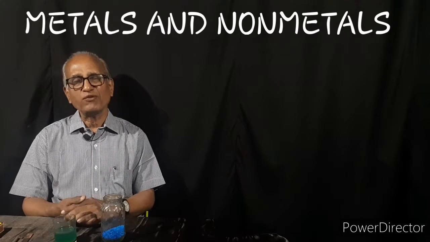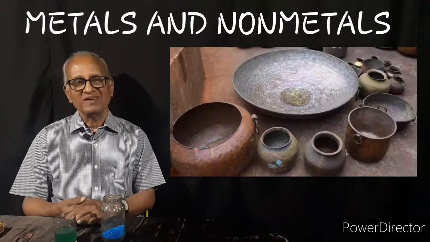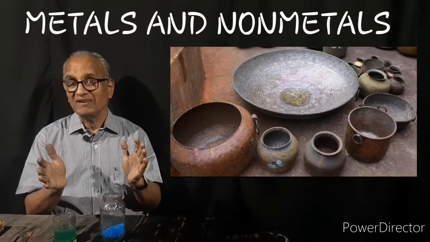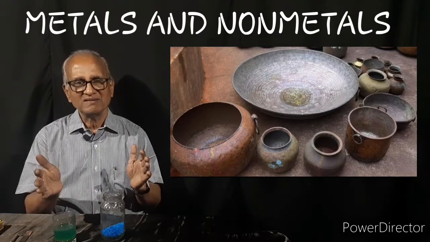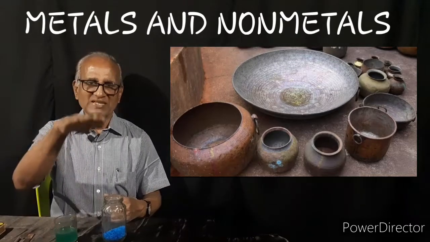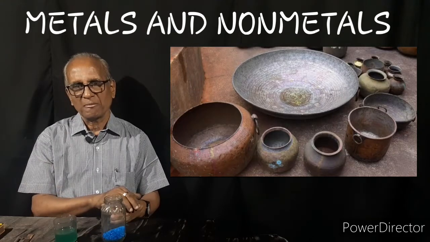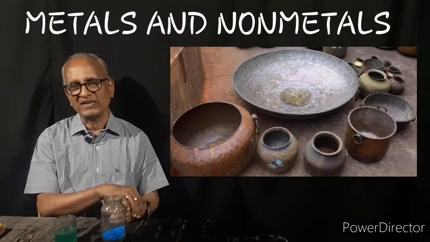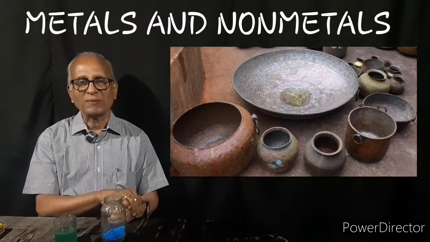Now let us take up the case of copper, another metal. See, vessels that are being used in the kitchen, copper vessels. In olden days we used to use a lot of copper vessels, but nowadays with steel encroaching on its place, usage of copper vessels has gone down. Aluminum vessels and steel vessels are used, copper vessels we don't use that much nowadays. But still, when large scale cooking is done, copper vessels are used.